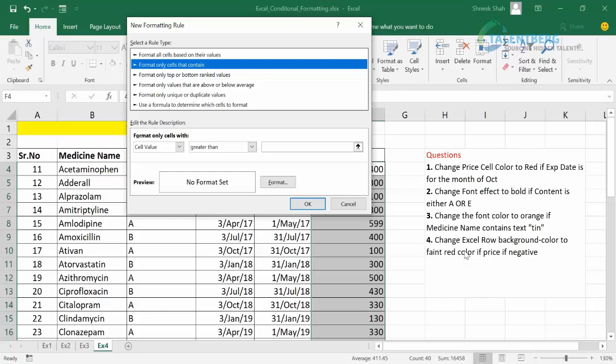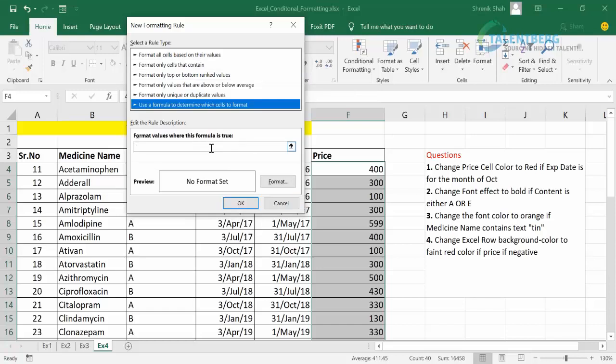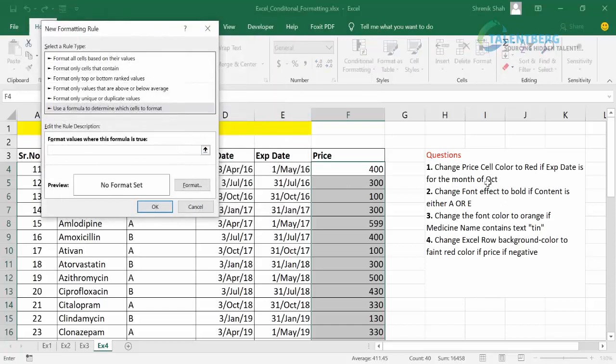I'm going to select a formula to determine which cells to format. This one, last. And here we are going to add a custom formula to change the Excel cell color. So this question I solved using a formula called equal to MONTH in bracket. I select the first date only. Please check. I select the first date only.